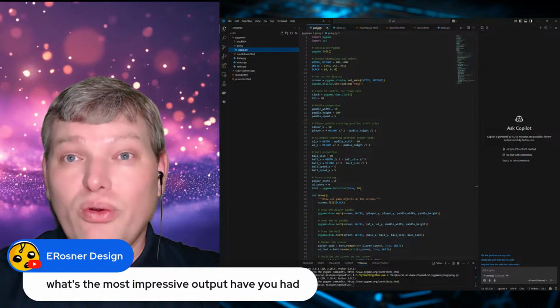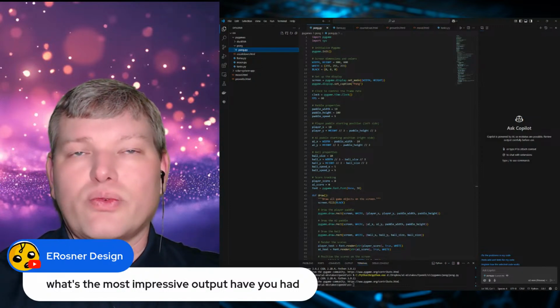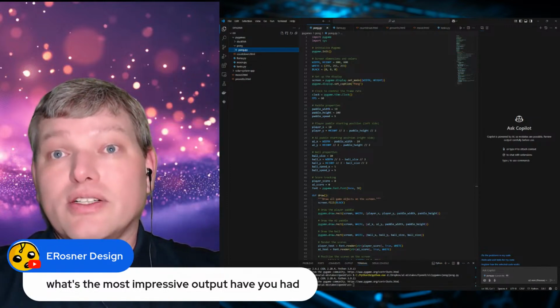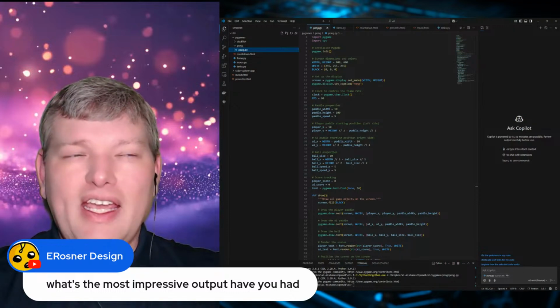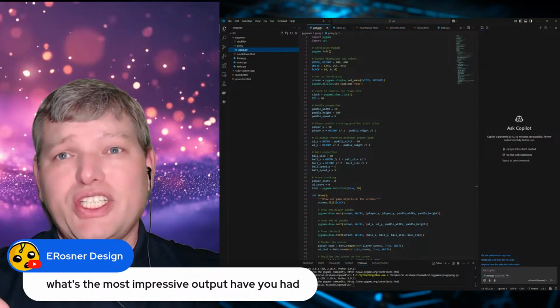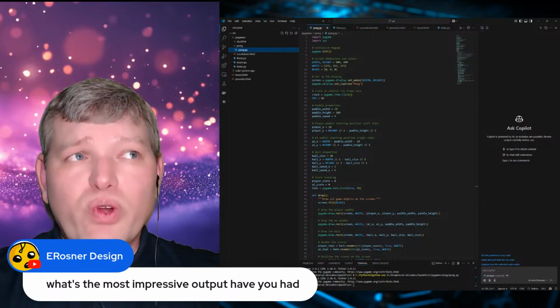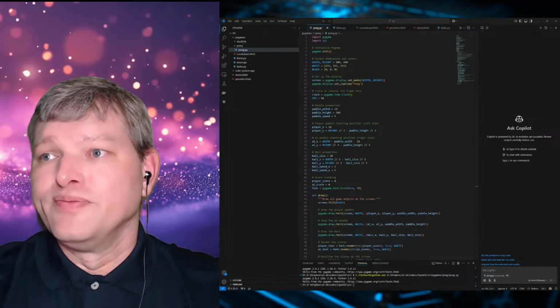But in terms of coding, I can definitely tell you that O3 is really bumped up in my book. It's been Claude until now because 4.0 has been okay, but I've just had a lot more success with Claude. And what I've seen just in these couple of hours with O3 has really, really impressed me.